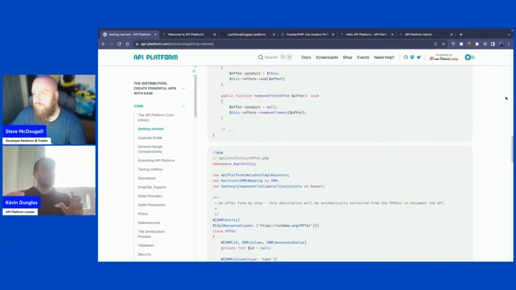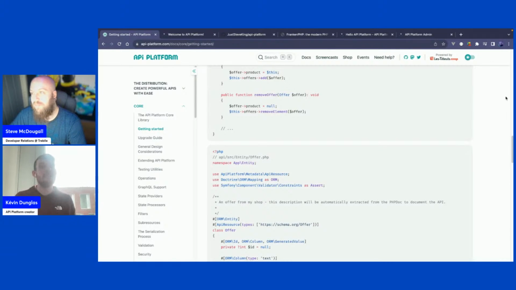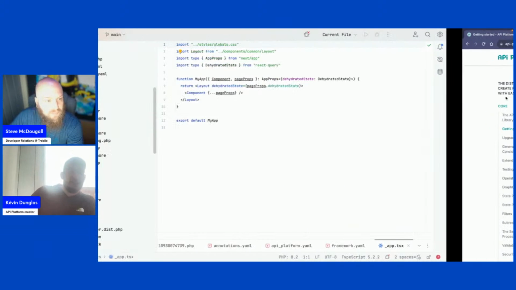to define your classes that you want to expose through the API from the command line. And that will generate for you the class, the mapping, the Doctrine mapping, the migrations, and everything. So basically, it's kind of a no-code CLI tool that you can use to add new entities. And you can, of course, modify the generated code if necessary after that.